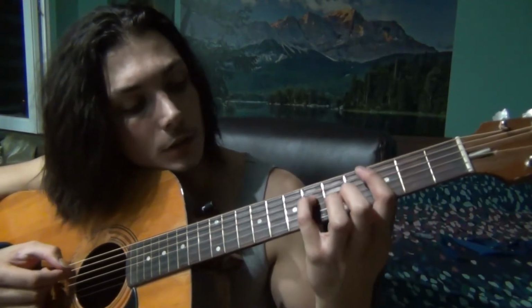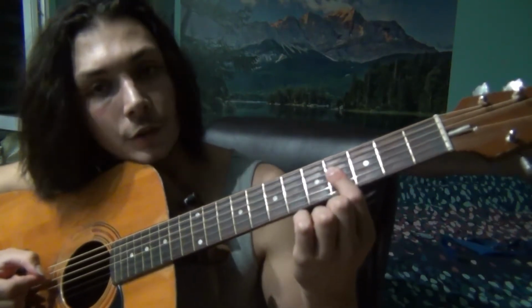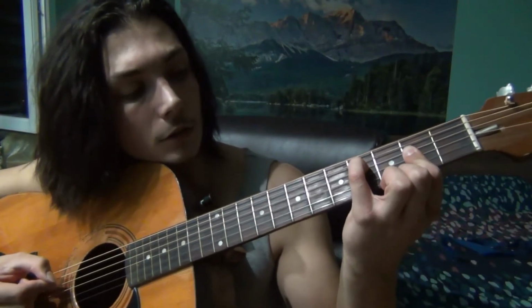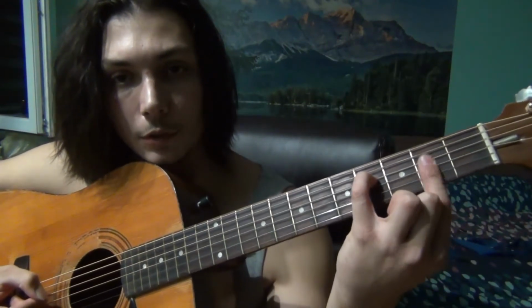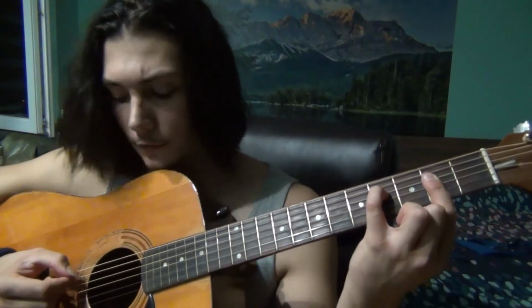G, to the 6th of the D, pull off to the 4th, then you go to the 2nd, then you go to the 4th of the D. Then you play, barring those here with the point finger, G and B on the 2nd fret after the 4th D,